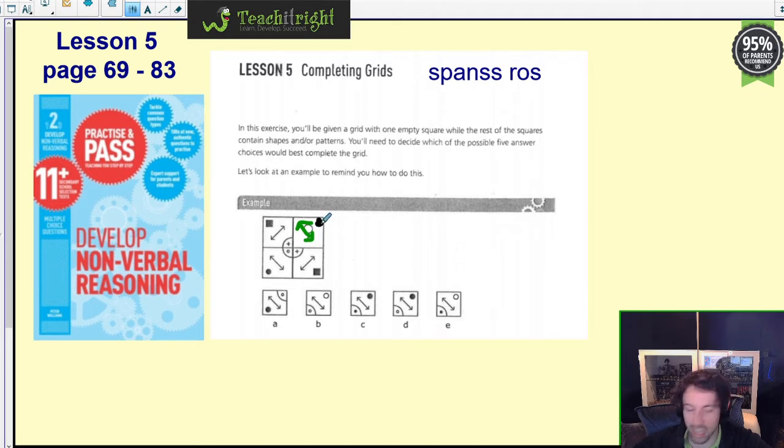Notice how I'm sketching the things I've worked out one at a time. And now I've made some progress. I can eliminate a few more options. In fact, I can eliminate 3 options, which is fantastic because it brings it down to 50-50. Once you're at the stage where you're at the 50-50, I would then directly compare these two. So if we look at C and D, I can ask myself, well, what is the difference? The difference is: is there a black dot in the bottom left corner or a white circle in the bottom